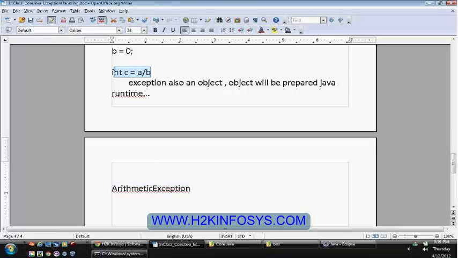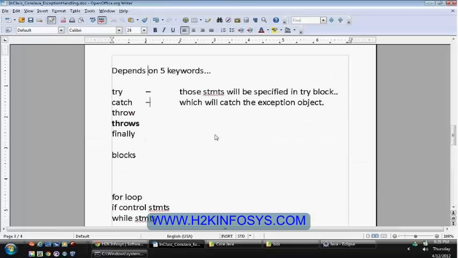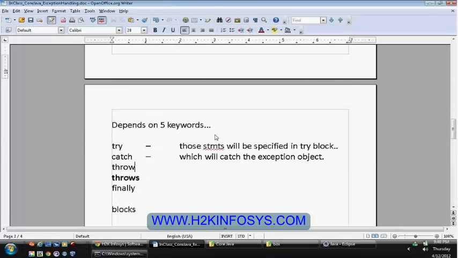Whenever Java tries to execute this code, and if it was not able to execute that particular statement, then it will throw this particular exception. So you need to catch the exception object which will be thrown by your Java runtime. How we can catch the exception, that we'll see once we discuss the try catch block.